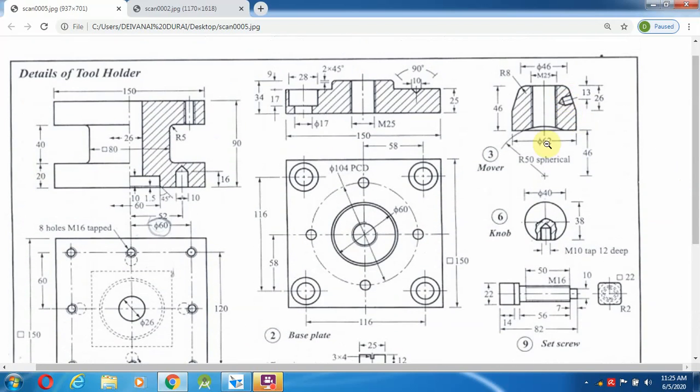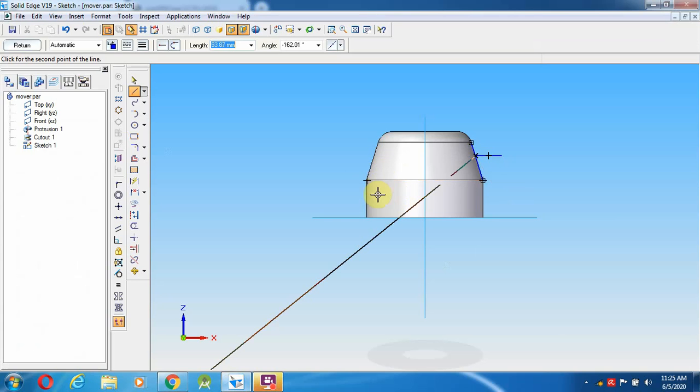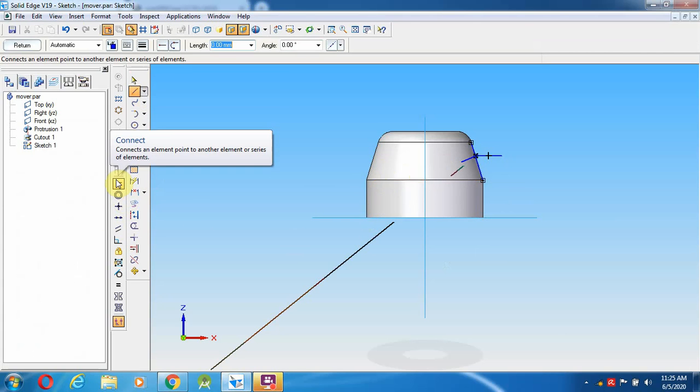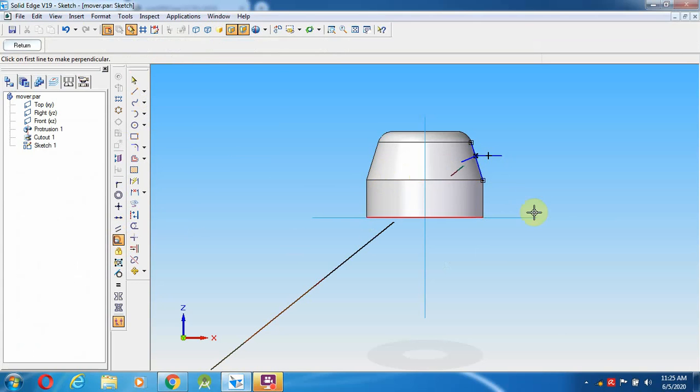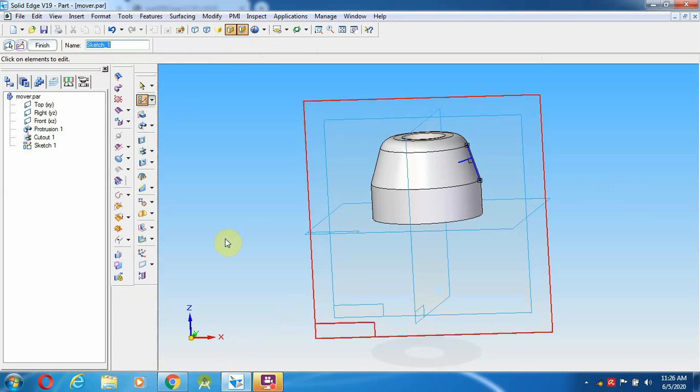Okay, so we have to create this hole up to the 10 mm, 10 mm and V shape. From here I am going to make a line with a length of 8 mm distance. 8, going to place, then going to select the option called perpendicular. So this line as well as this line I am going to make perpendicular. Now there is no requirement of this line, I deleted it. Then I am coming out, and I will give the return.